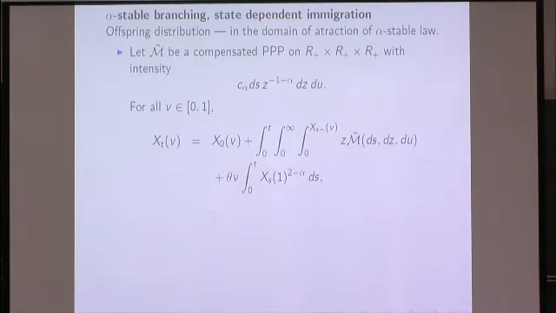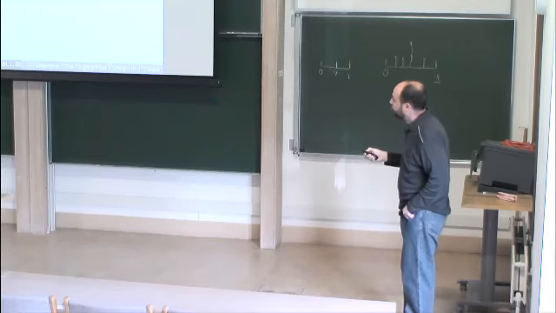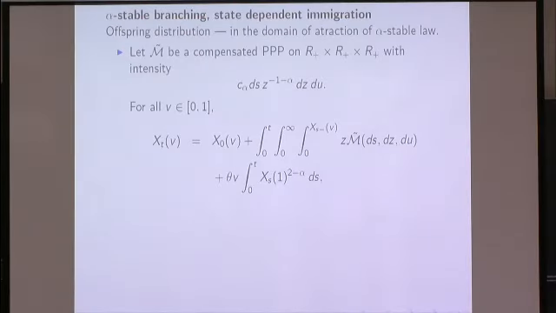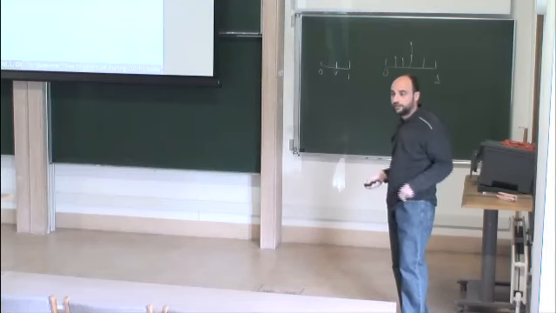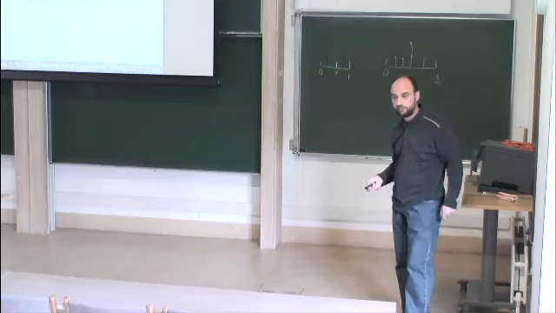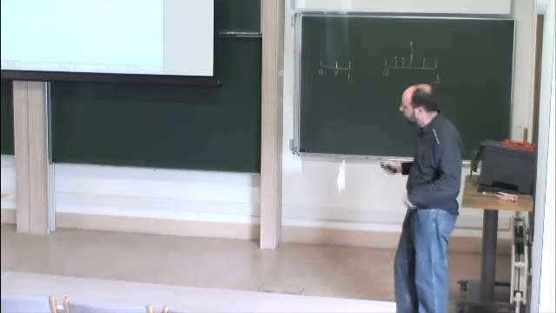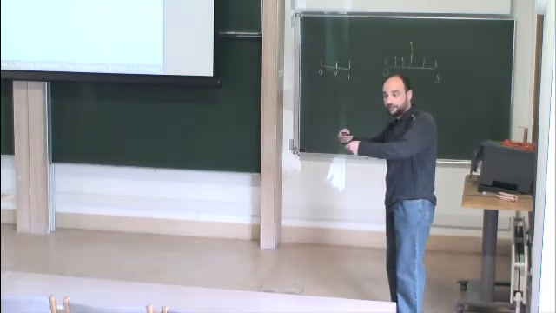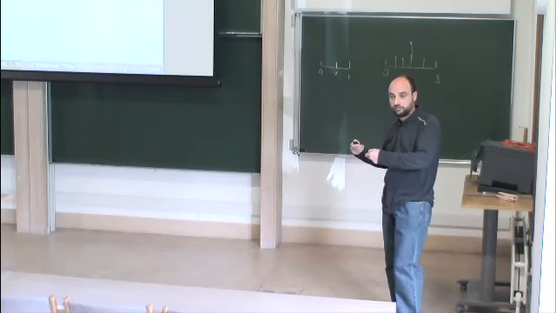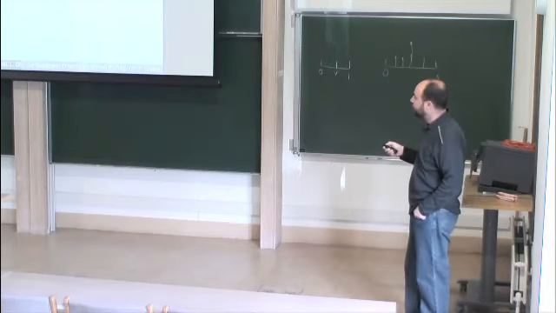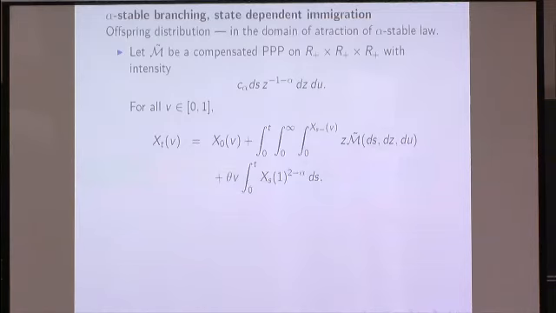And you say, okay, this process in the end can be characterized. Forget about it, suppose theta is 0, if you don't have any immigration, then this is the branching process. You have initial mass and some noise, which gives you all these branching events. But we want something which adds the mass, as we had in the classical case we talked about a minute ago. And so when alpha equals 2, it's the classical case, we had theta v times t here.